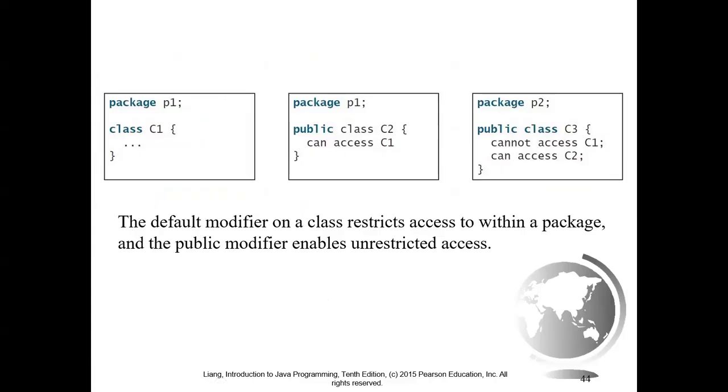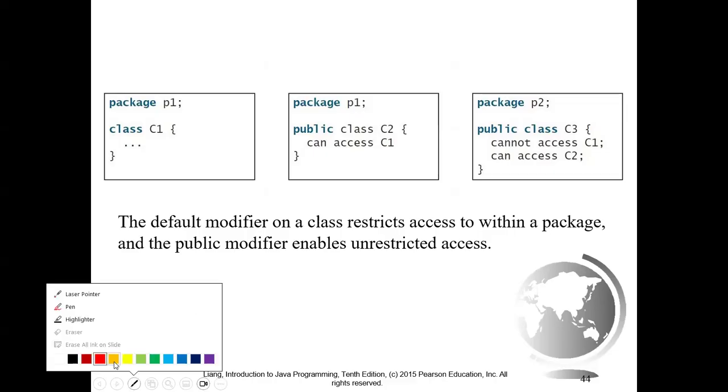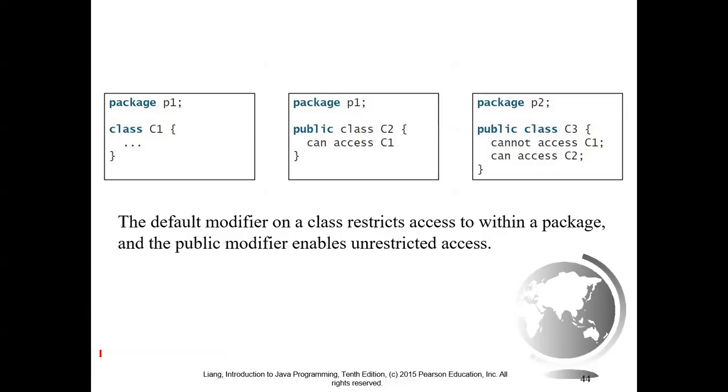Okay, let's take a look at the simplified version of P1, P2, P3, package 1. We say the default modifier on a class restricts access to within the package, and the public modifier enables unrestricted access. Here, we only say what the default modifier is. Default modifier is, you may not find it, we don't have anything before the class. The class 1, it is